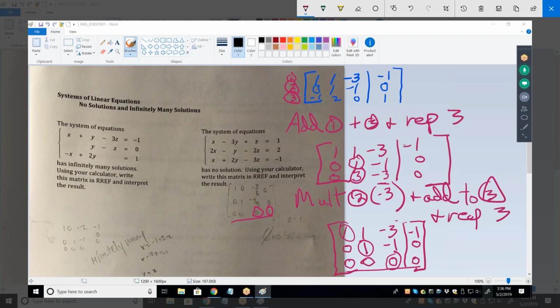Okay. If you look at this one over here, you notice you have zeros across the bottom, and that probably is the immediate clue that you have infinitely many. But if I look at that row that I have, what does that say? That says x equals, after doing the algebra, in other words, it says x minus 2z equals,